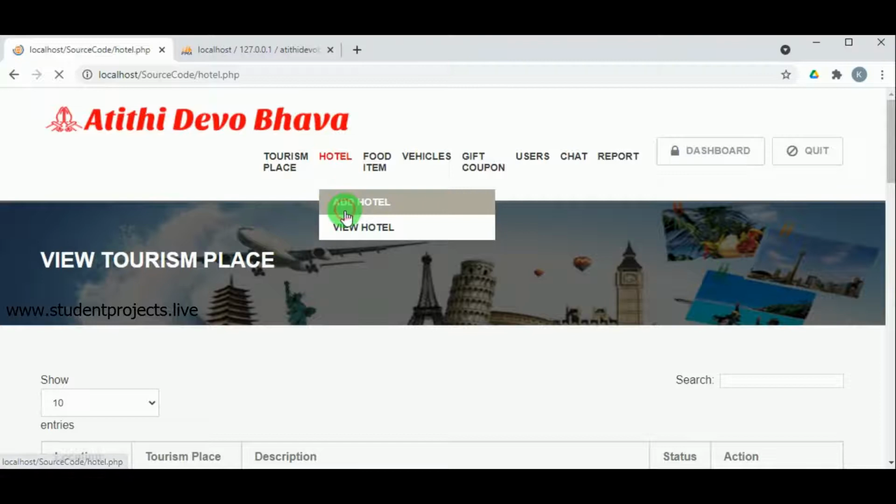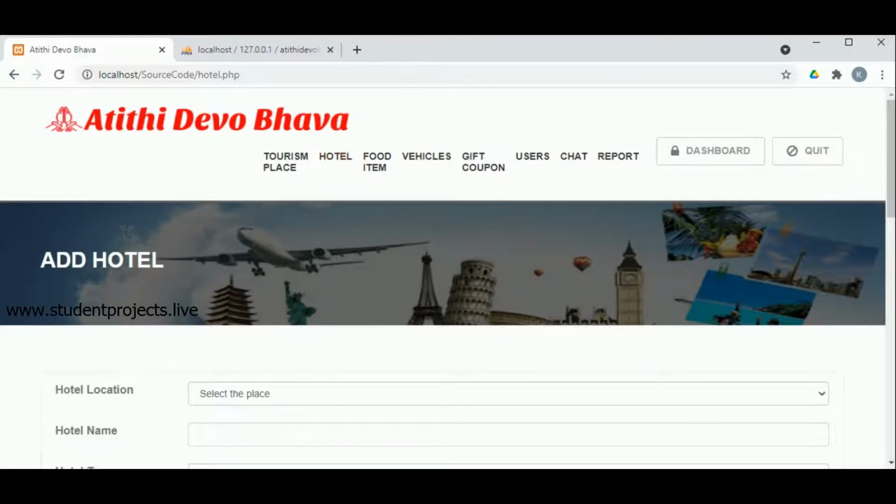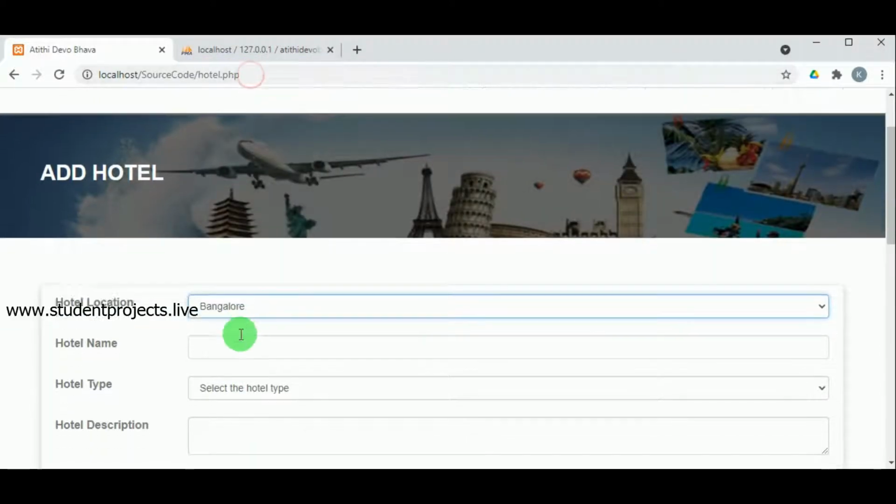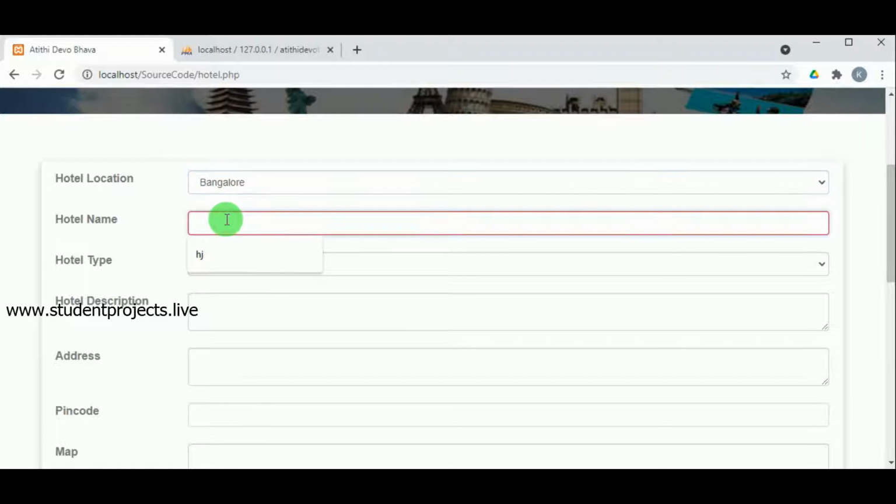Under hotel panel, here the admin must add the different hotels by selecting the locations. So under which location what are the hotels available, that must be entered by the admin.